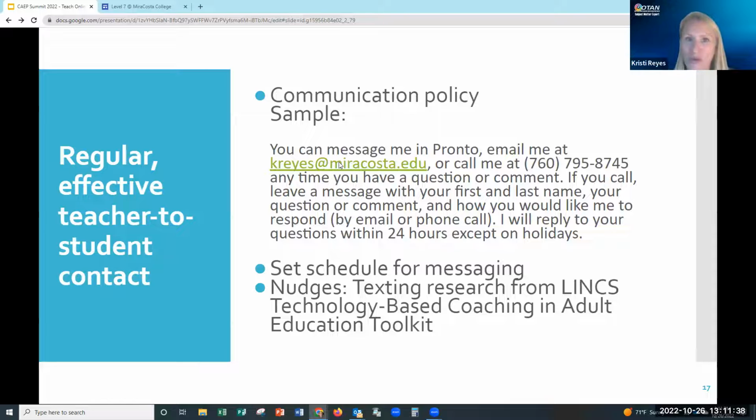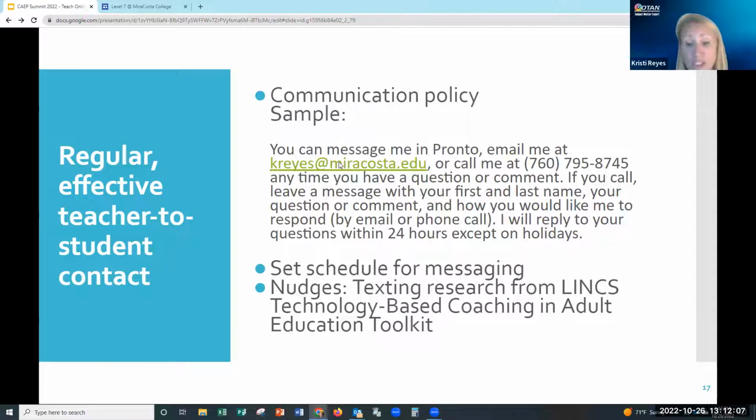Okay. So there's been a lot of research. First, quite a few years back now, there was research from the UK in a program for adults, where they sent out regular text messages from the college, and it really improved persistence. Now, those were on-ground face-to-face classes. And recently, LINCS, are you all familiar with LINCS?